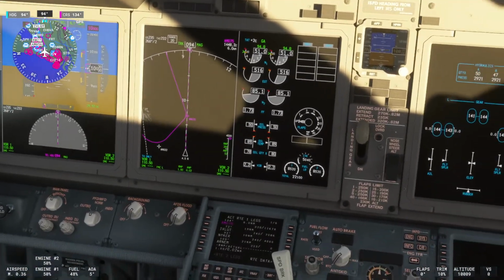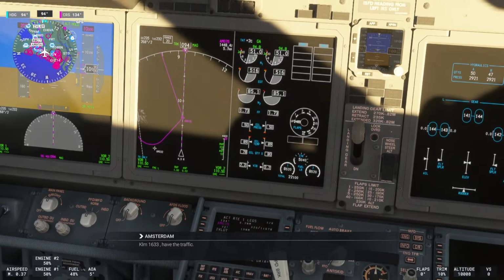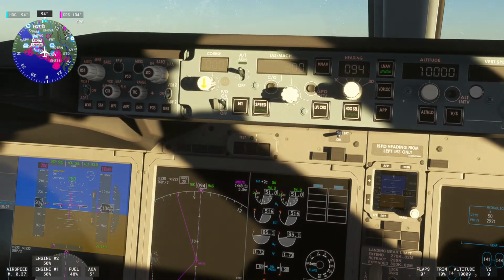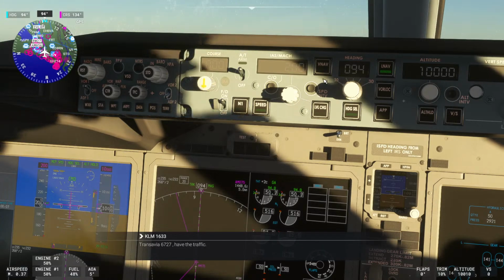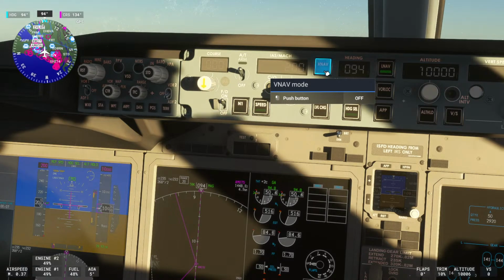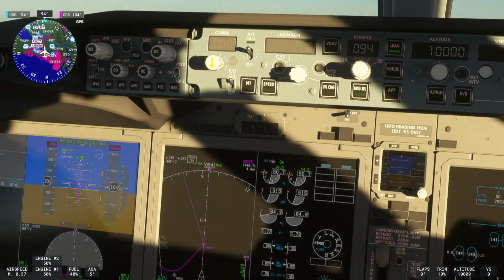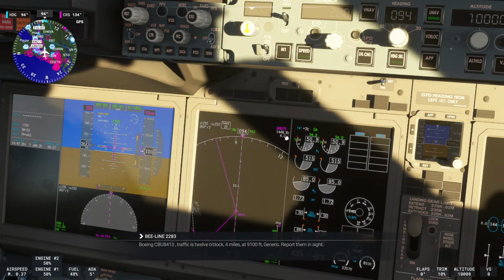So the VNAV mode is, I would say, and that's where these altitude restrictions are, really useful, because this will really tell you, hey, if you are on this specific waypoint, these are the altitude restrictions. And this will make sure that you follow the guidelines which are applicable. I use this one, I would say, in the majority for descending the aircraft, right? So I'd say when I'm reaching the approach, but you can also use it for climbing the aircraft if you want. As you can see, we're pretty close to that